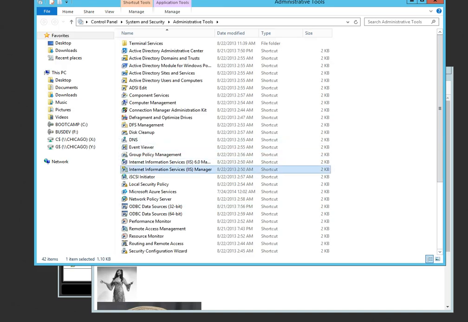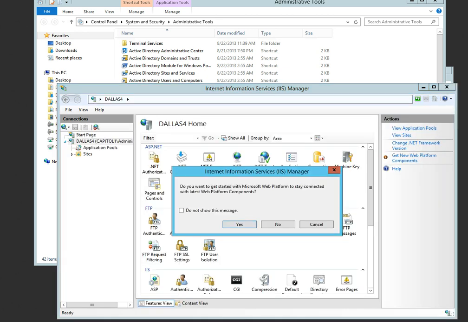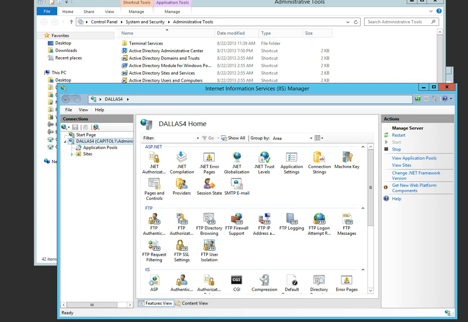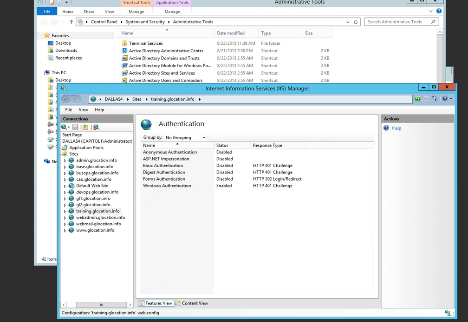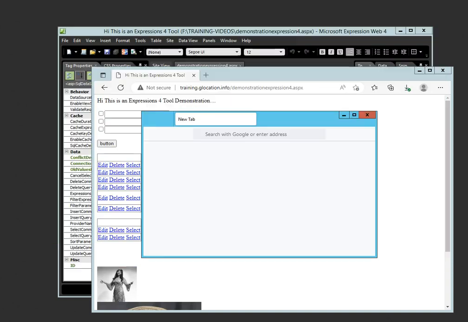So we'll go back to IIS Manager, go back to our training site. And I'm going to click on authentication, and you can just see by clicking Windows Authentication, you have to be logged into a domain in order to get to this system. So I have anonymous authentication enabled, but if I disable that, then it would require me to be logged into the network to get to this site. And that is usually sufficient to get through your operations team and get to